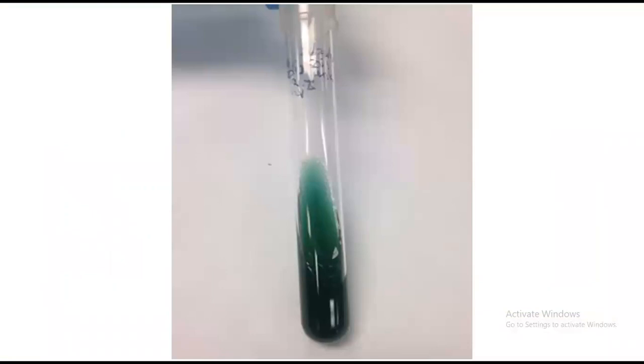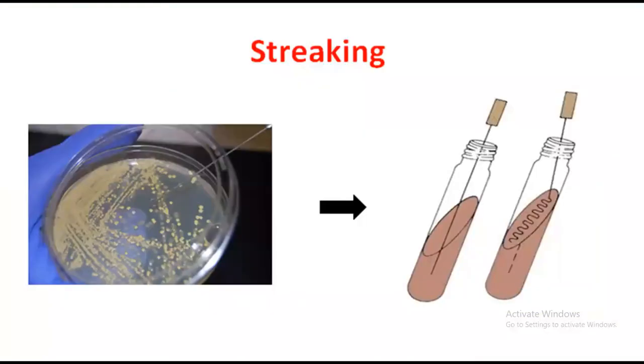The color of the media is just like this, dark green in color. After that, what will you do? You have to streak a specific colony into the test tubes. So you have to take an unknown colony from the petri plate using an inoculating loop, and then you have to dip it